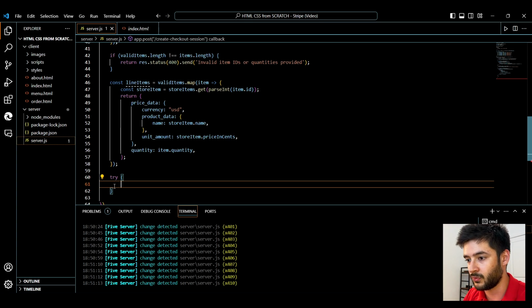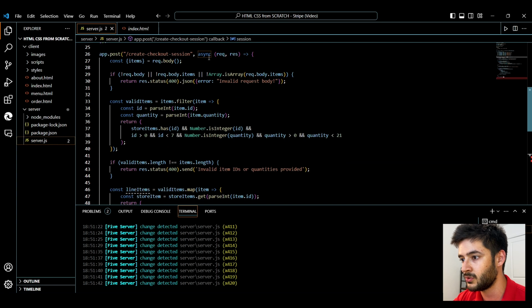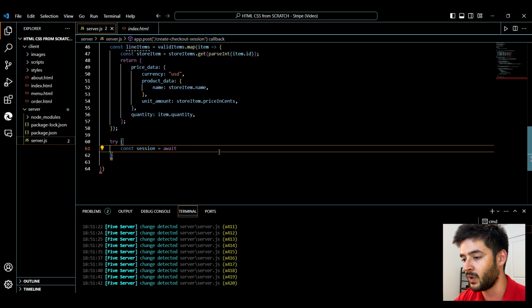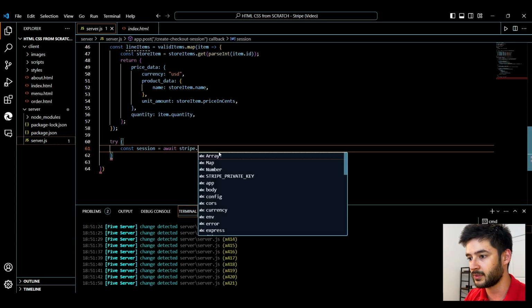So we're going to start off with try. In here we're going to create a constant called session, and we're going to make this equal to await. And before we continue, we're using await since we are using an asynchronous function. So you have to use an asynchronous function in order to use the await keyword down here. And then we simply want to use our